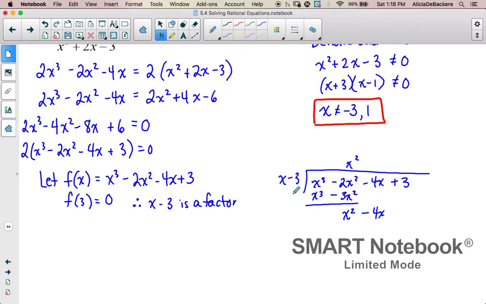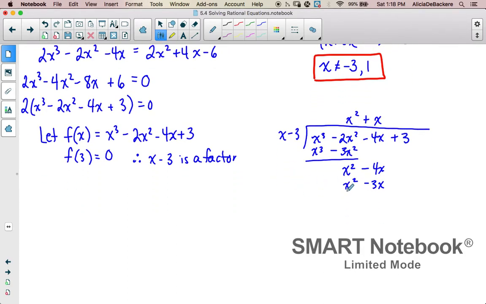Now I'm going to do x times what will give me x squared. So that's positive x. And I get x squared minus 3x when I multiply the x through the divisor, and then I'm going to subtract. Again, these two should always cancel away to 0. Then I've got negative 4 subtracting negative 3, so adding 3, so I've got negative x, and then bringing down